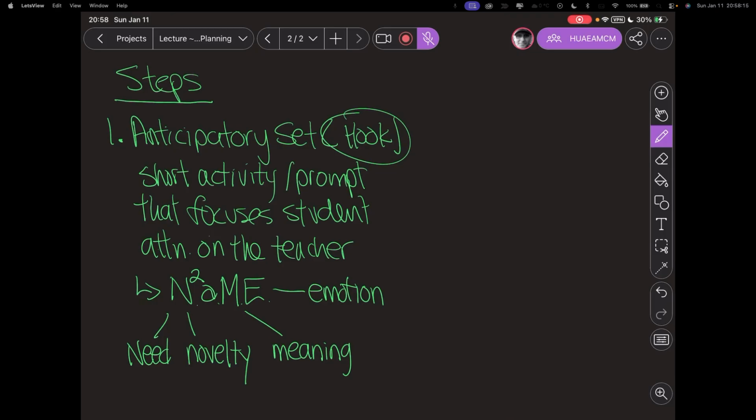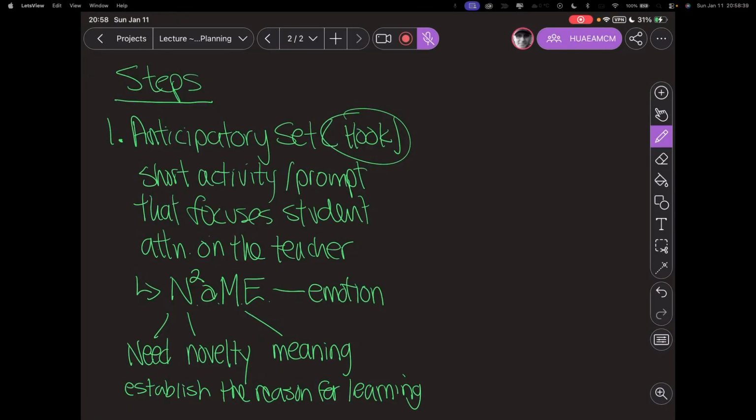Why might it matter to the world even? Okay, so what it does under need is it establishes the reason for learning. We're going to have to move these around a little bit.